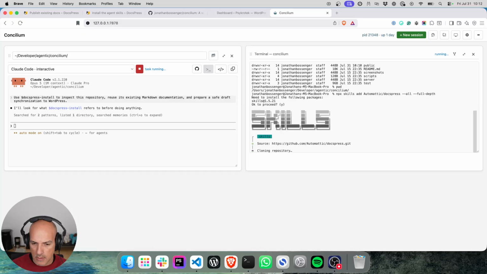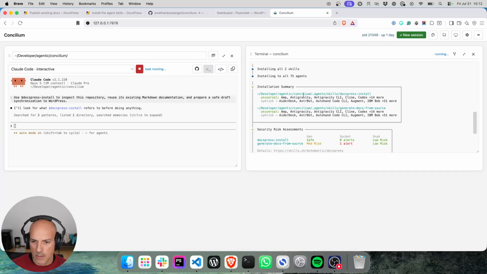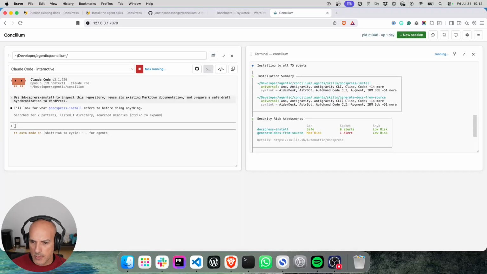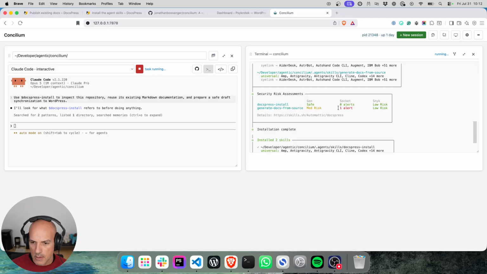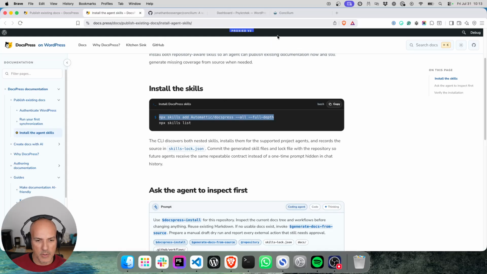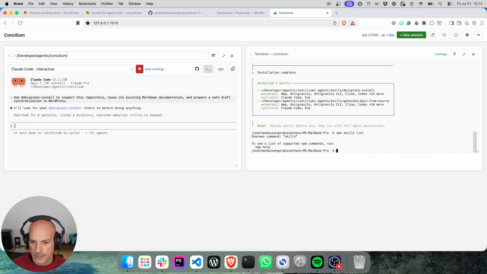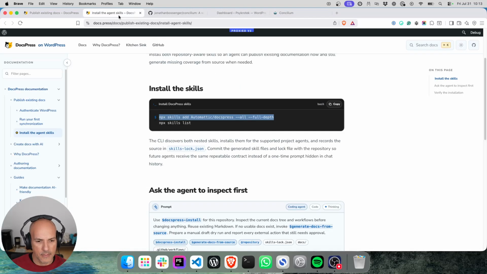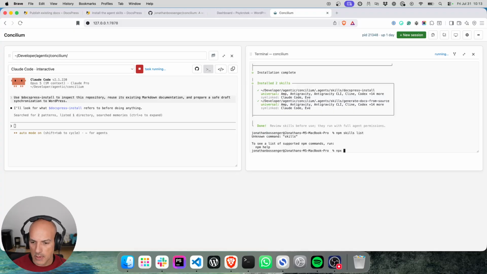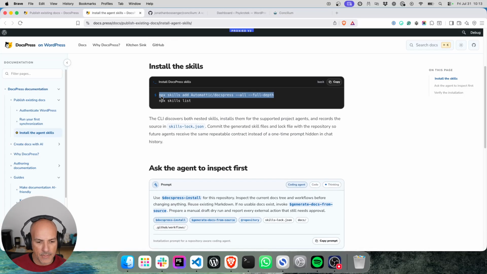Okay, so it's added it to this repository. It's fine. Okay, so that's that. And then npm skills list just to check it. Oh, npx. Stupid. npx skills list. Okay. So that seems fine. So that's what we need to do first. And then